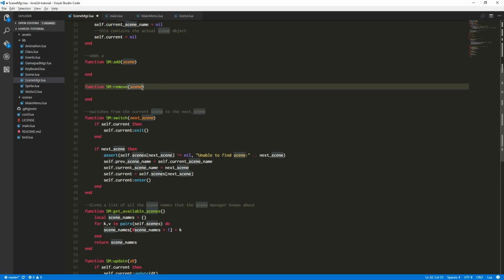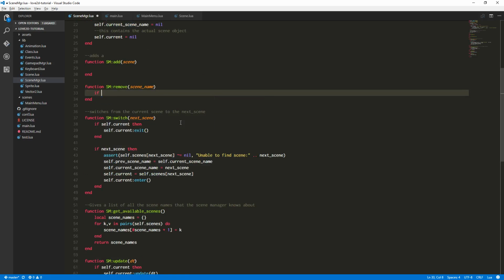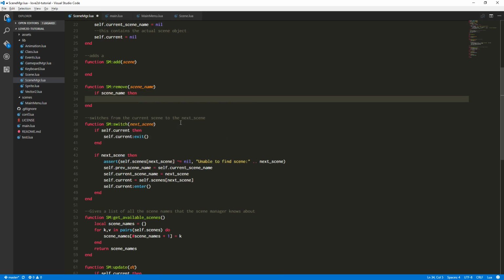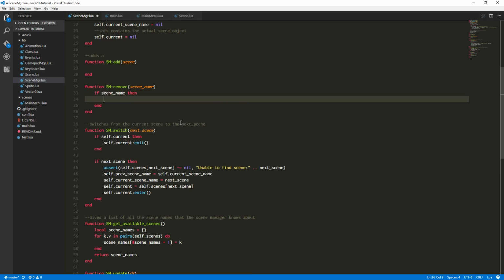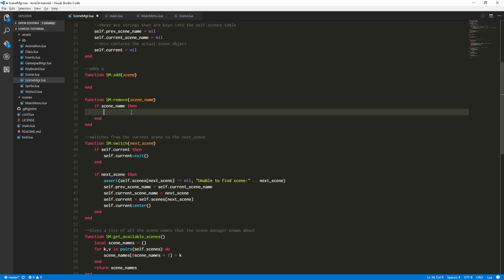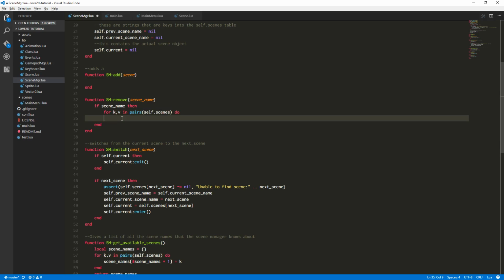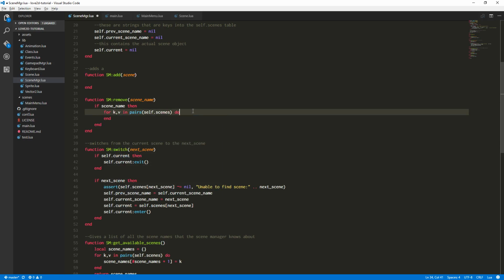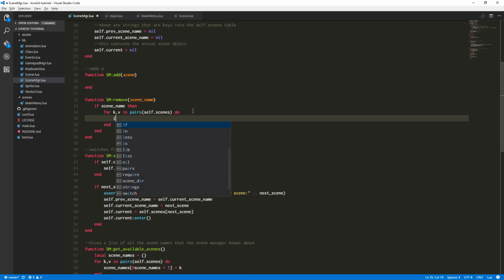And let's say remove scene name. So it's going to need to be a scene name, and we'll say if scene name, then we'll do some stuff. And what we'll do is we'll go through all of the scenes, and we will say if